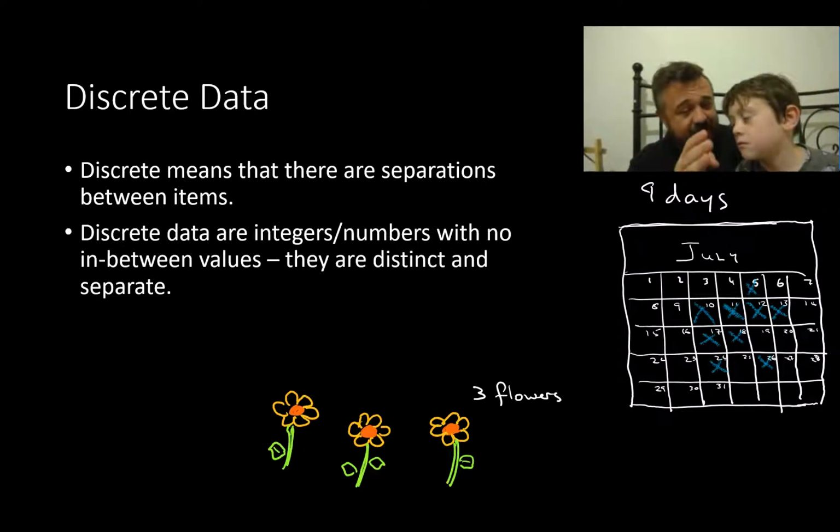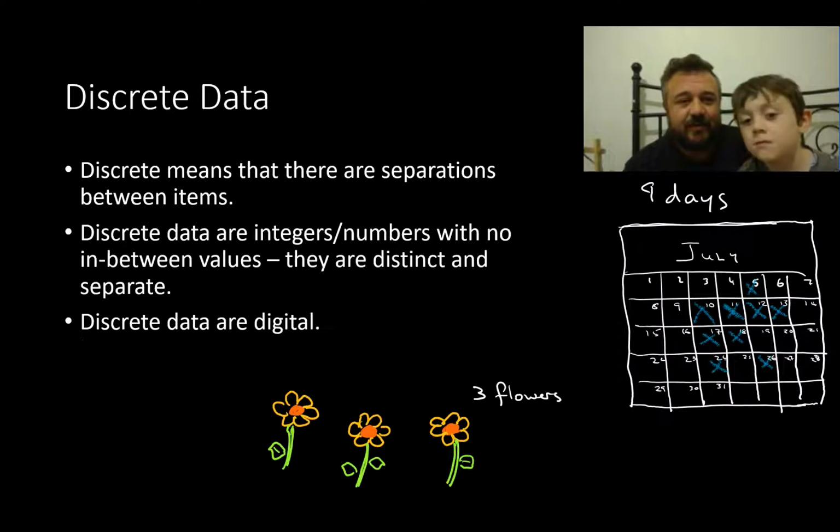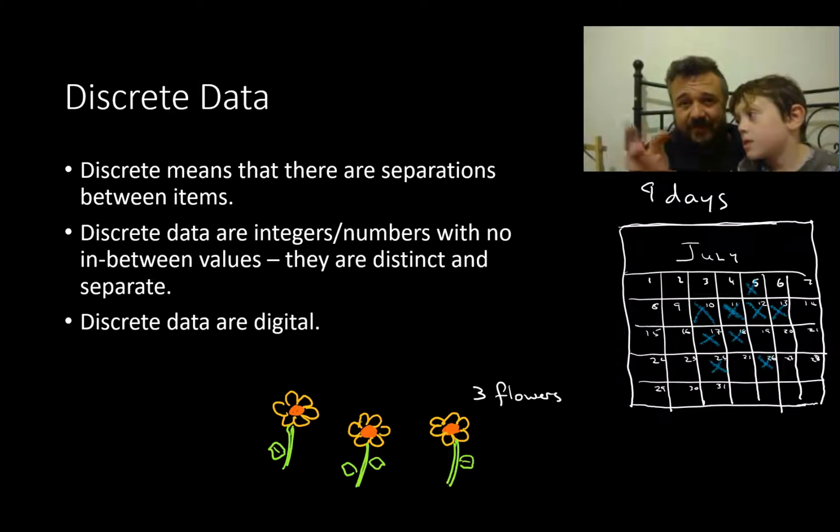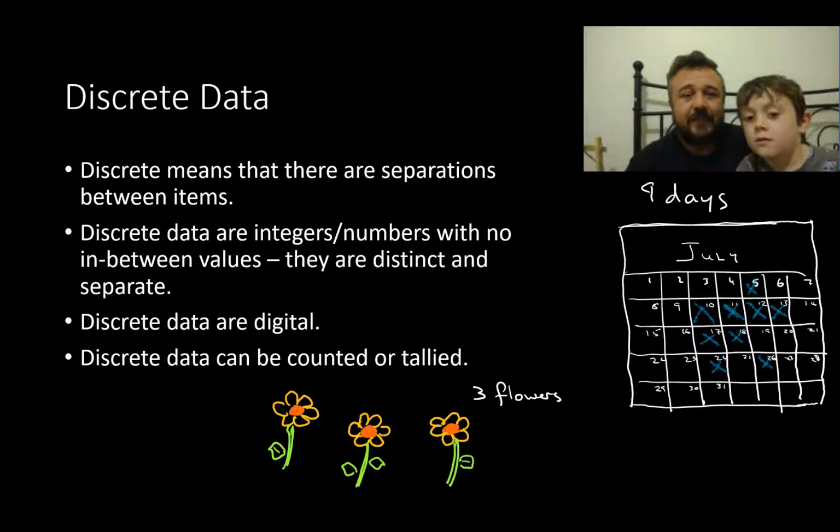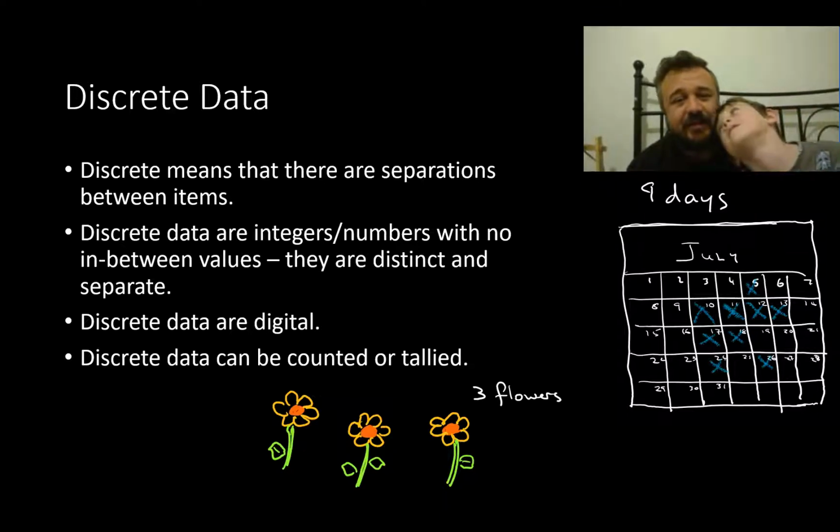Okay, so you can have 1 flower or 2 flowers. You can't have 1.5 flowers. Does that make sense? Nice. Doing well. You're doing good science, buddy. Discrete data, or digital, just means it's one or the next one. There's no in between. And if something is counted or tallied, then it becomes discrete